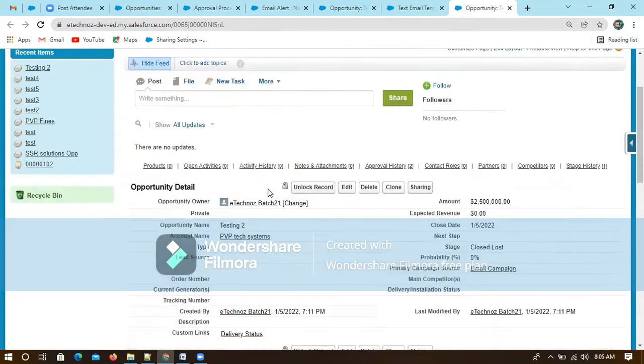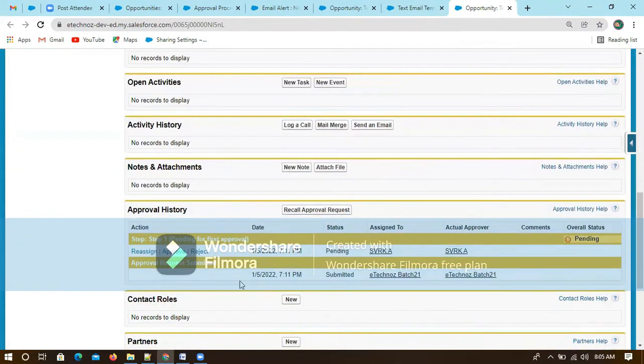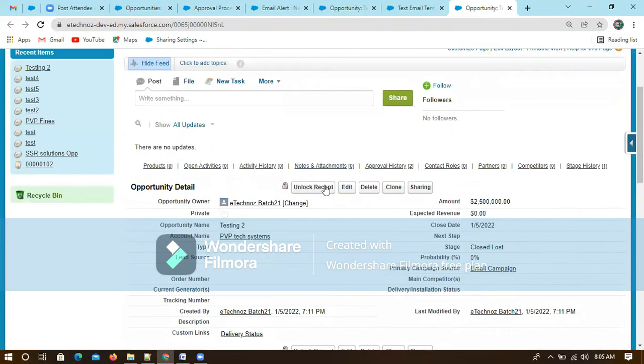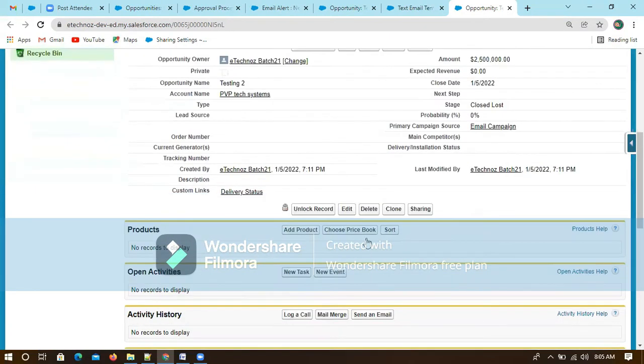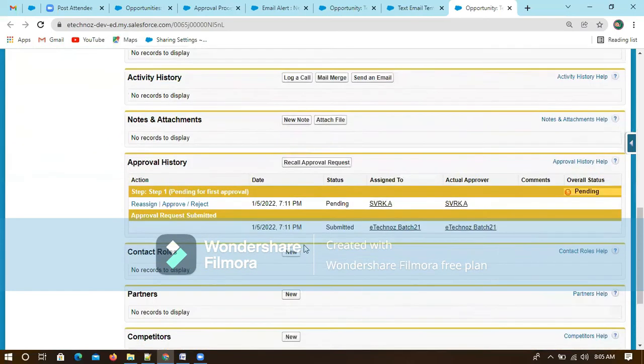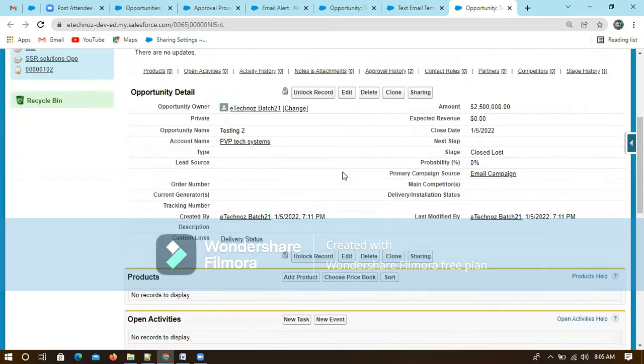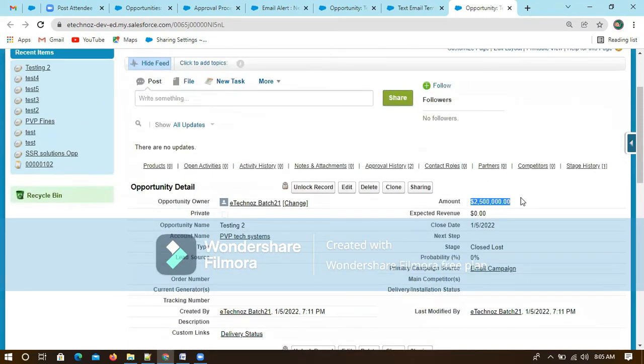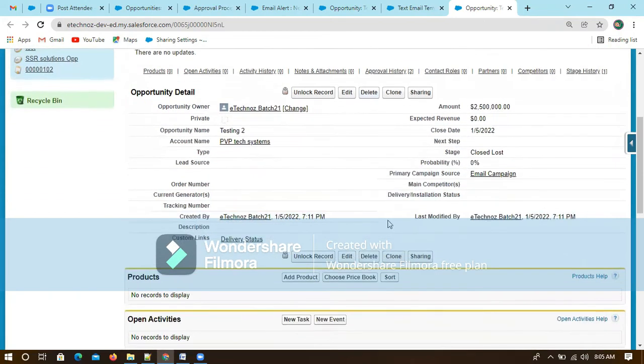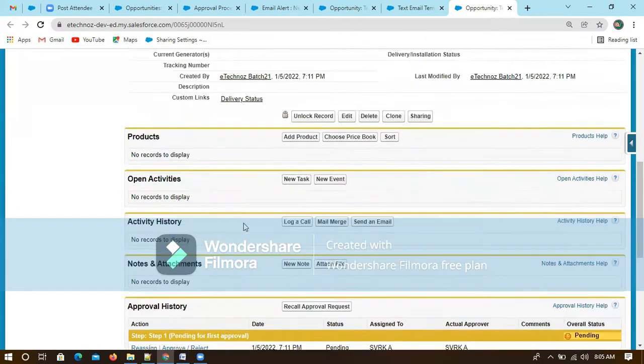Right now, there was already one approval process on this record, so that is why it is locked. If you can see the symbol, this is locked because the approval process has already been initiated, but it has not been approved or rejected, which is just pending. So it is just checking the criteria we have defined over here, and it is executing based on that.